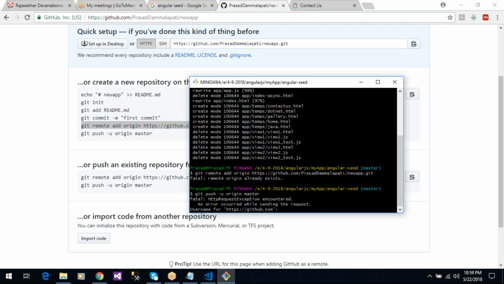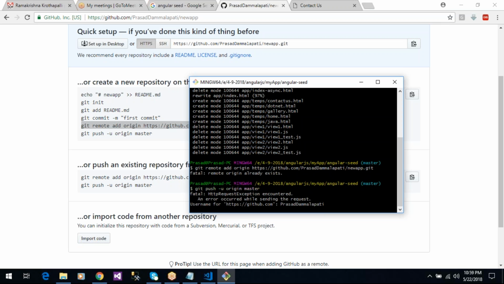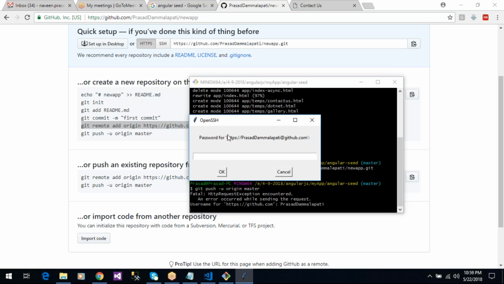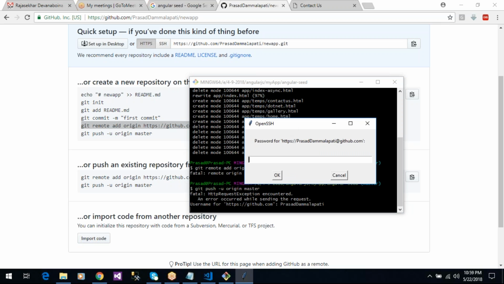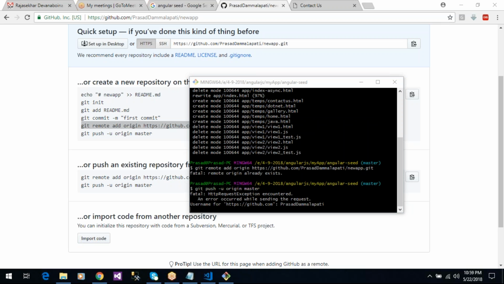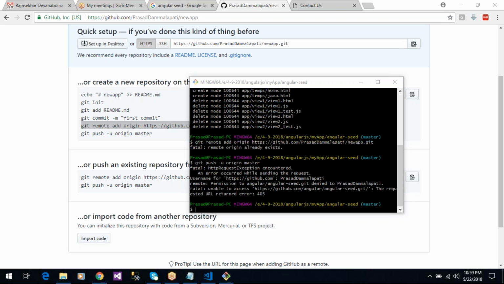Now I'm uploading this application into my GitHub. Prasad Malapati is my username, and it is asking for a password here. So after giving the password,